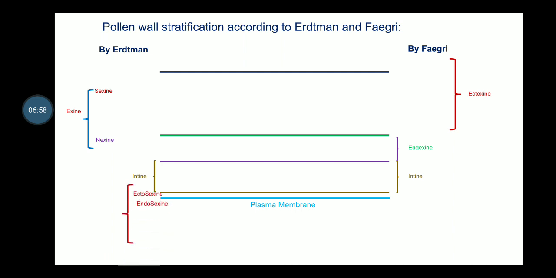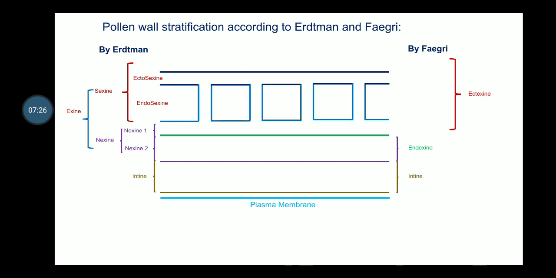Rather, exine is divided by Erdtman into two layers, that is ectosexine and endosexine, under the sexine group, and the nexine is also divided into two, that is nexine 1 and nexine 2,